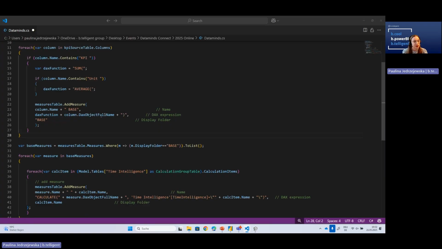What we can do, we can use this measure as a base measure and then create the measures for calculation items. So we will be altering that a little bit. So let's go and put it in here. So we are now creating the measure, but we are capturing it also in one,